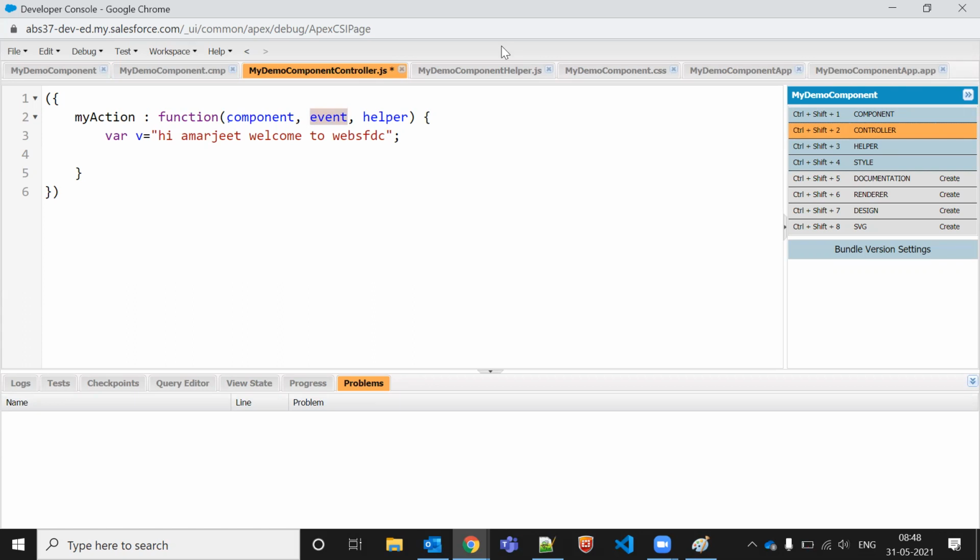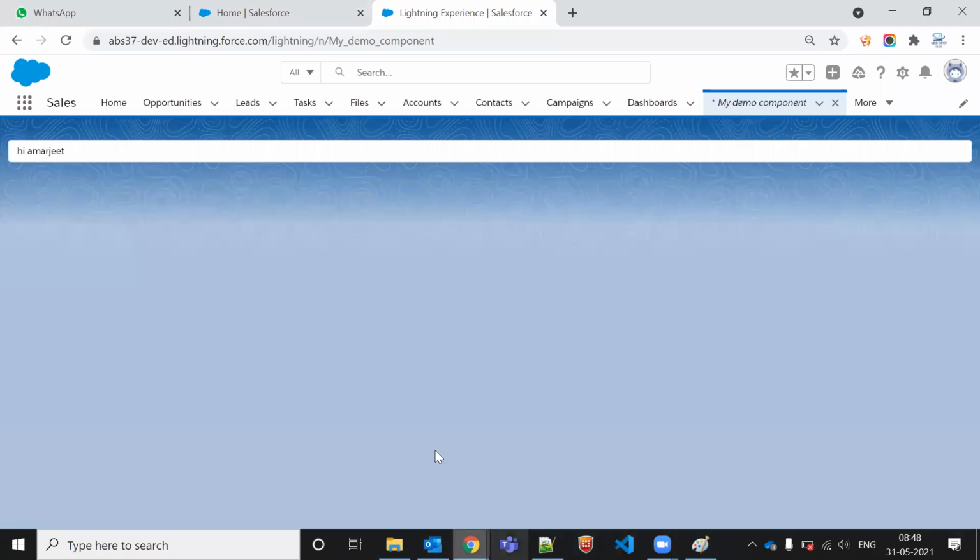If I'm using some events here, we are not using any helper, because the helper class we can directly use. Event means it's a standard onchange, onclick, and this kind of events. So if I want to use some events here, what can we do? V dot, v dot. In case of this, we can set v is equal to, one second. Let me just check the syntax here. Just one second.